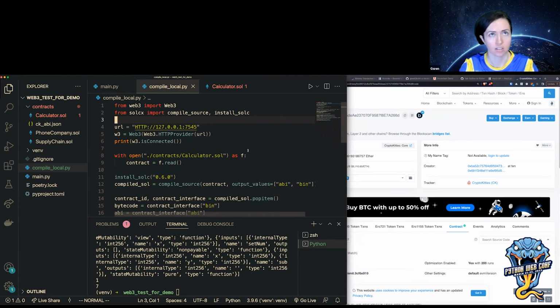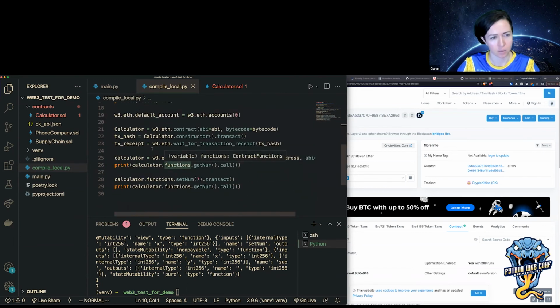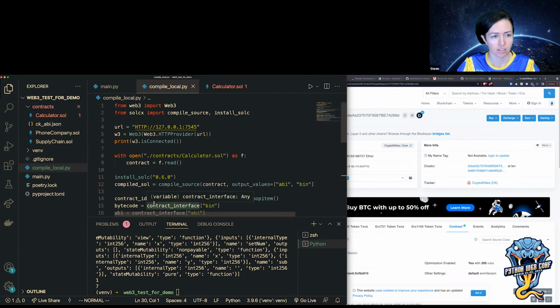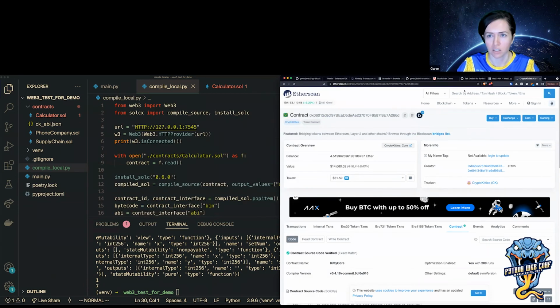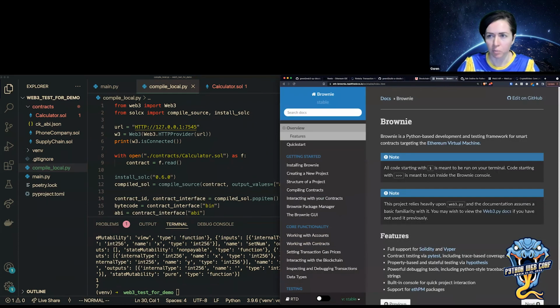I had another section talking about Brownie. Web3 by itself is really nice for testing things out, but you can already see we're hitting its limit, as we have to rerun the deployment and everything every time we want to interact with the contract or do something else. So there's another tool called Brownie. That's a framework that heavily relies on this Web3.py library, which is what you'd probably be using if you're going to do Python development with the Ethereum blockchain.